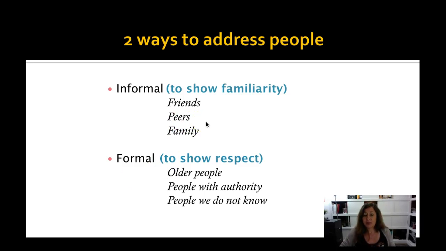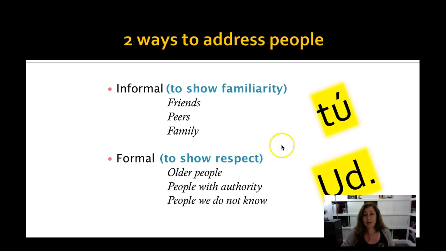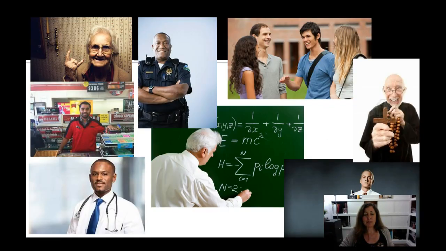So with informal, it shows familiarity. You would use it with friends, peers, family, neighbors, etc. Tú is the word, you. Formal is for older people, people with authority or that presumably have authority, or people that we really don't know very well, unless they're your same age. You would use usted. So, tú in inglés, you. Usted in inglés, you. So we have you and you. By the way, this usted is a longer word when you write it out, but most commonly it's abbreviated this way. So you'll see it spelled out at some point, but usted.